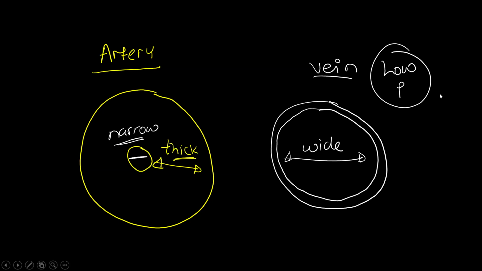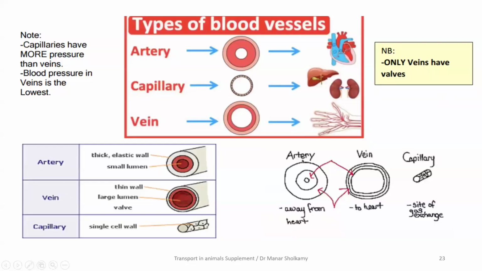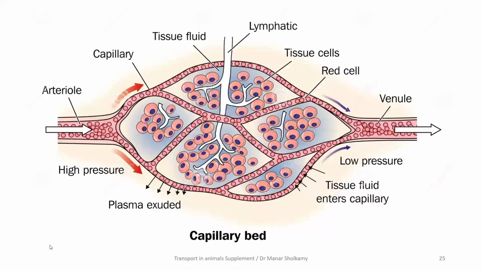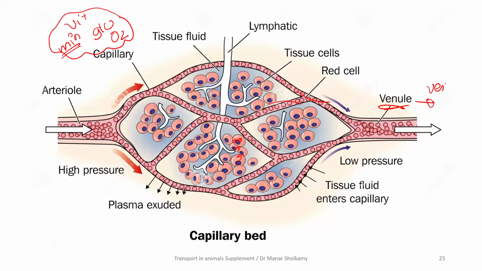Actually, the lowest pressure, even lower than capillaries. This is what I was explaining right now. Now, and also we mentioned this in class. This picture is very important, showing you the capillary bed. What is the capillary bed? I have body cells. They're surrounded by capillaries. The capillaries will provide the body cells with glucose, oxygen, vitamins, minerals, anything important. Body cells will use all these good things in respiration. The body cells release waste products that will be taken back by the capillaries into the venules and then veins.